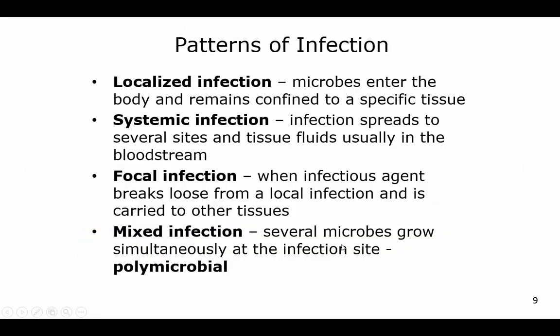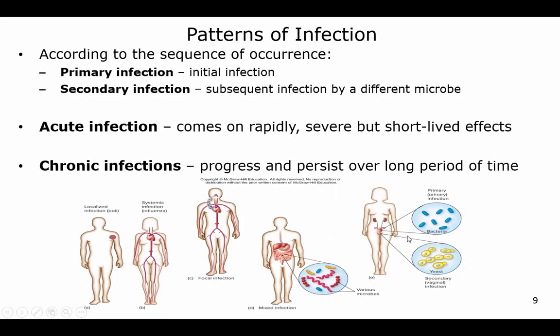Probably the most common kind is the mixed infection, which just means that several microbes can grow simultaneously at the infection site, and we call that polymicrobial. So very often we have mixed infections, and often mixed infections can lead to what we call a primary infection and then a secondary infection as a result of treating the primary infection. The secondary infection shows up. So for example, ladies, if we take an antibiotic for, say, sinuses,